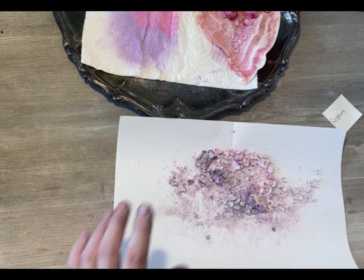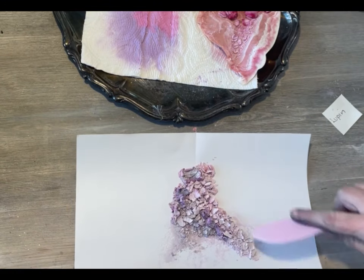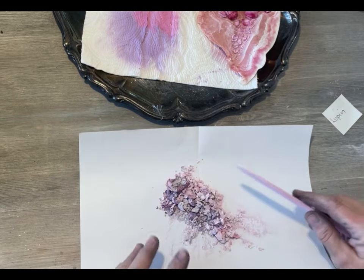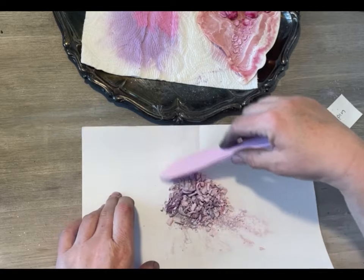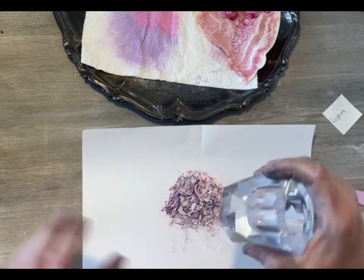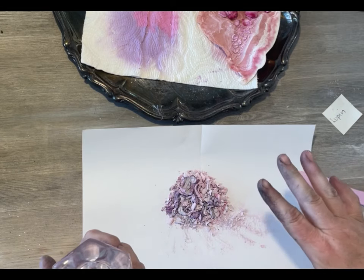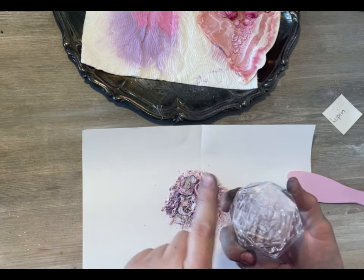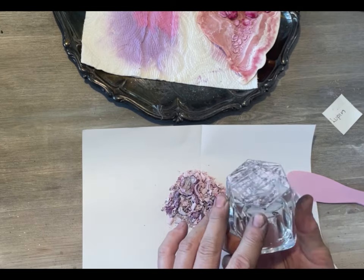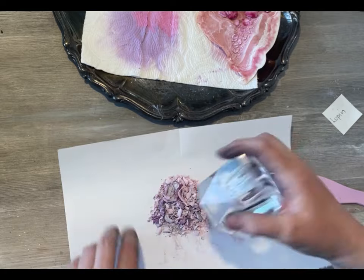And when you get all the pigments out, it looks like this. They can be a bit different in color, depending on if they have dried thick or thin. But you will see when I take my... This is actually a candle holder. You need to have something to squeeze and mold it with. And this is totally flat on the bottom and very heavy. So instead of buying a muller, I use this economical way to